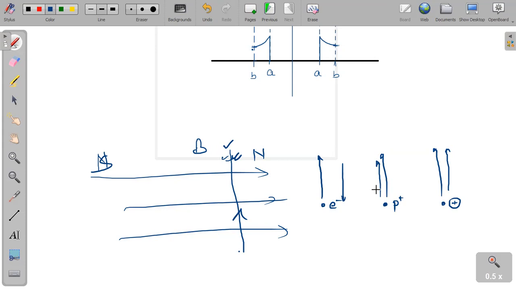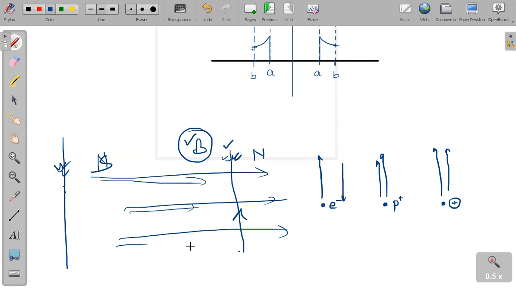What I am trying to say? I am just trying to say there is already existent magnetic field, and this magnetic field might be because of a magnet or might be because of another current carrying wire. ठीक है, इसके प्रेजेंस में अगर किसी इलेक्ट्रॉन को, मतलब इस वाले करंट की वजह से दिस मैग्नेटिक फील्ड हैज बीन जनरेटेड, एंड